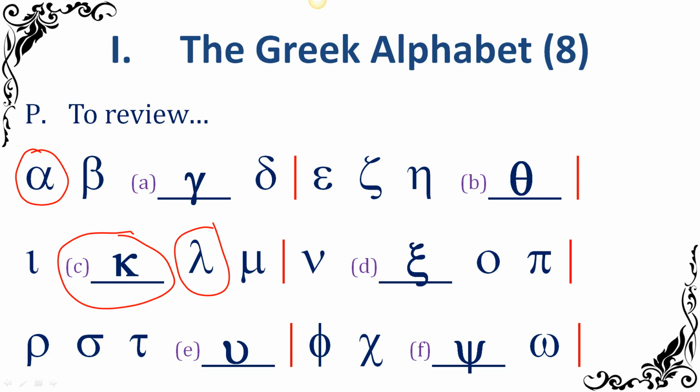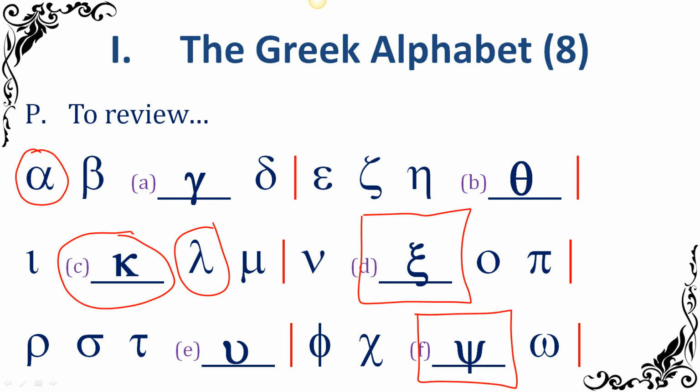This is one of the double consonants. There's 2 double consonants. I'll put those in boxes. These ones are called double consonants because they're actually made up of 2 other consonants. The first one, that looks kind of like a weird E or backwards 3, is xi. You really got to get your tongue into it. And that is actually made of kappa and sigma put together.